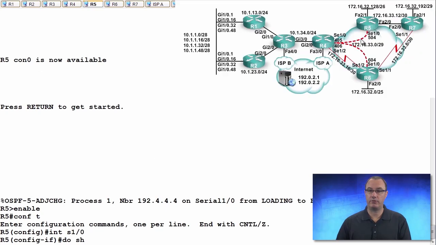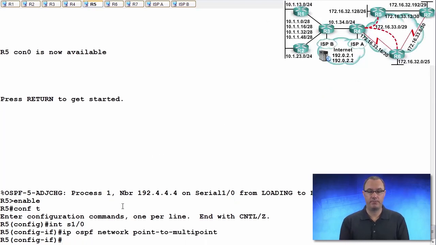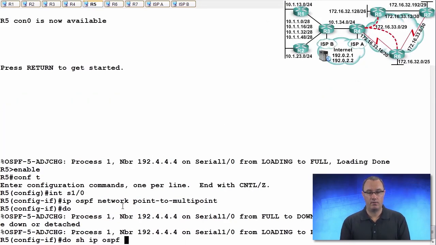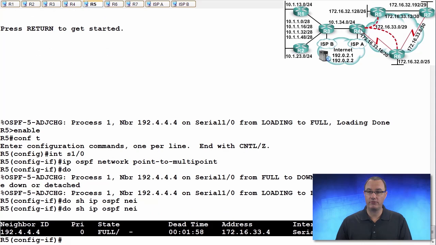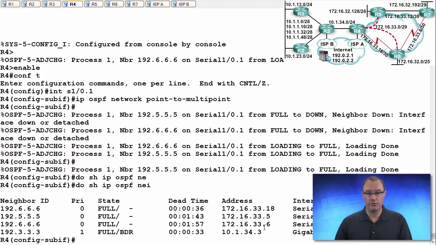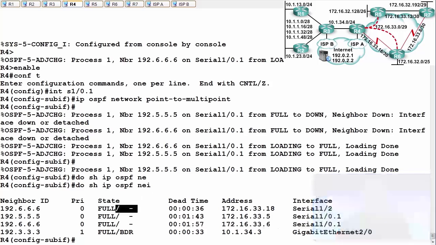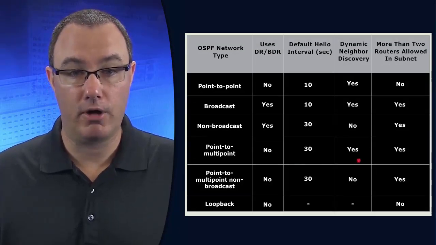Is that the right interface? Yes, it is. Paste that in there. We'll verify our neighbors. We are getting a neighborship across this connection. That's looking good. Let's look at it from the perspective of R4. You can see that we're getting neighborships formed across here, and we are not getting designated router operation. Does that agree with what we are saying? Point to multi-point. We automatically form